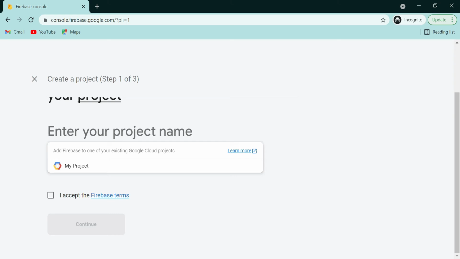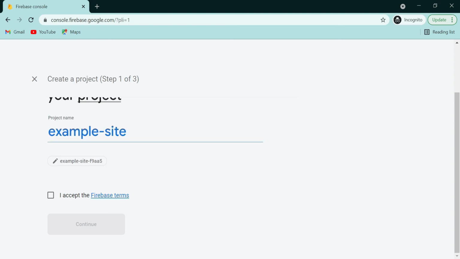Also, Firebase will give you a Firebase specific URL using which you can access your site. So let us suppose you have given the example site here. So if this is the project name which you have given, then you can access your website after creating this account and everything using example-site.web.app. Your URL will be something like that. Make sure this project name is unique and relevant to whatever site you are creating, so that meaningful name will be part of your website URL.